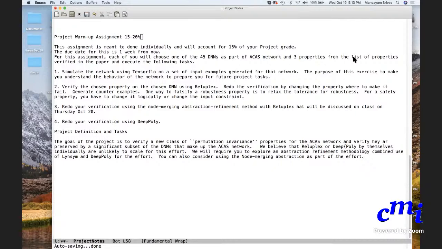So I think these 10 safety properties are the ones that make the most sense. These safety properties are meant to be proven for all inputs, correct? Yeah, they're all safety properties.